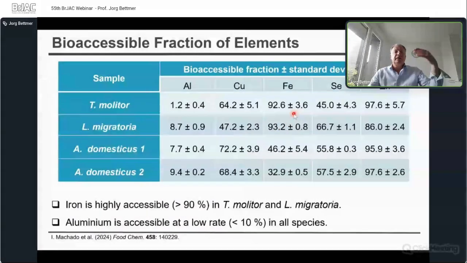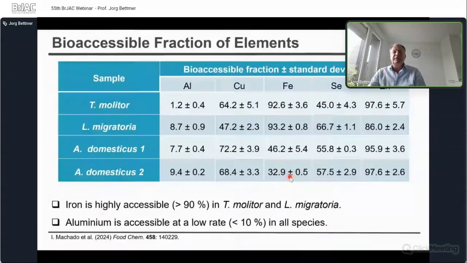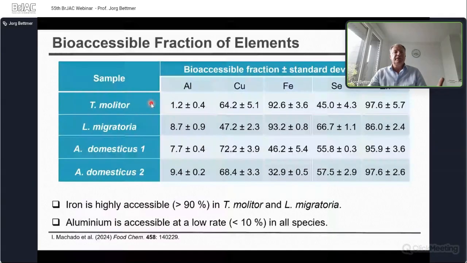So there might be different iron species present, for example, in the mealworm and in the grasshopper than in the cricket, because here the bioaccessible fraction is much, much lower, which is a very important factor. Copper varies a little bit, but it's relatively high. But very important is, although these insects have relatively high aluminium concentration, the accessibility is fortunately